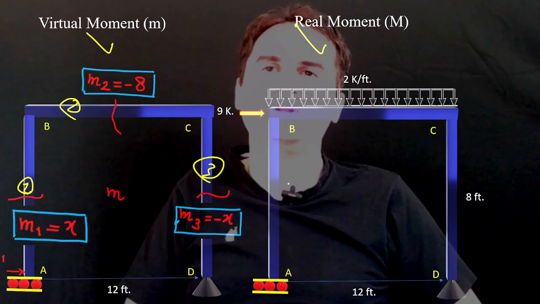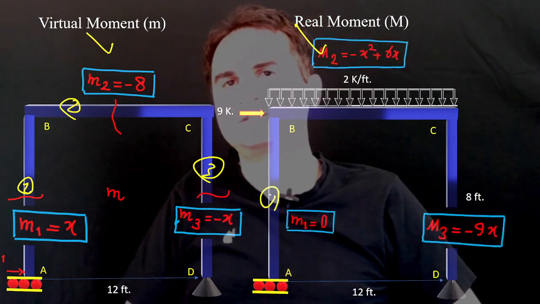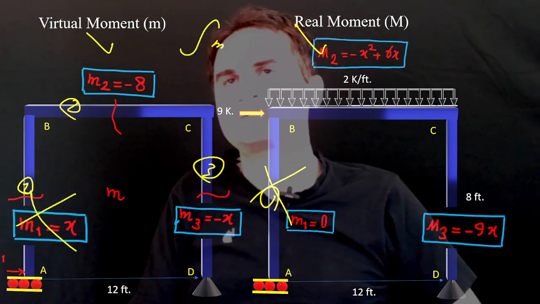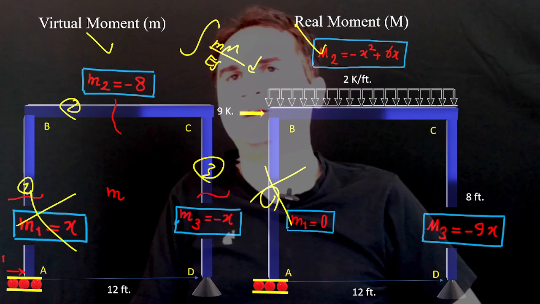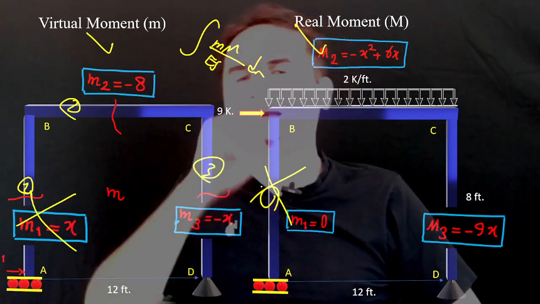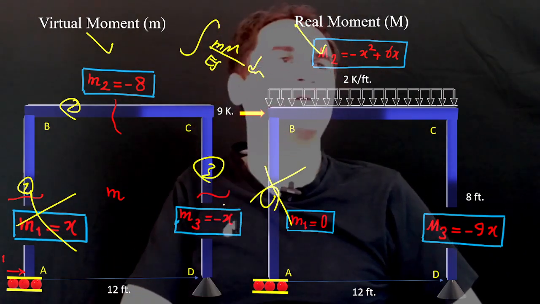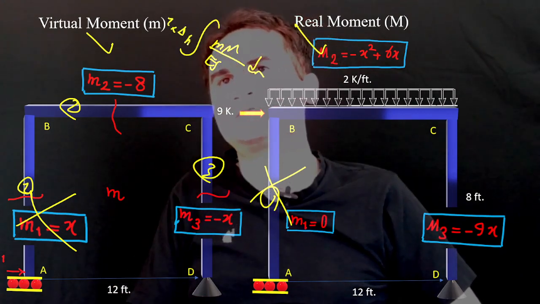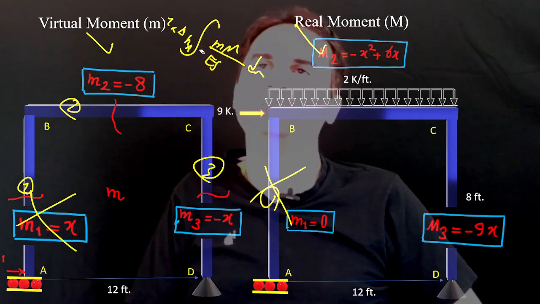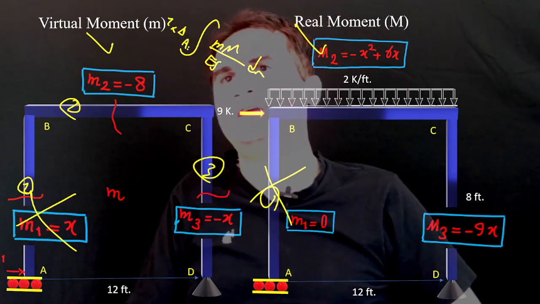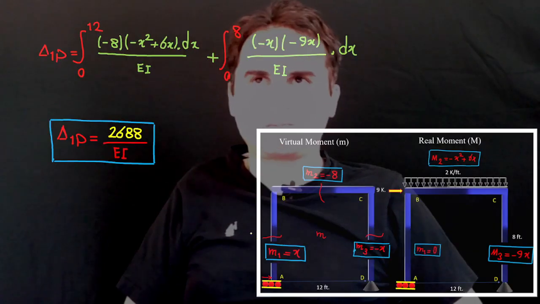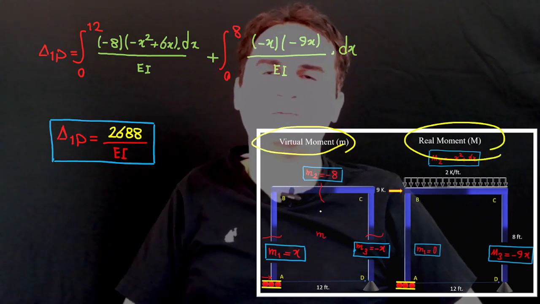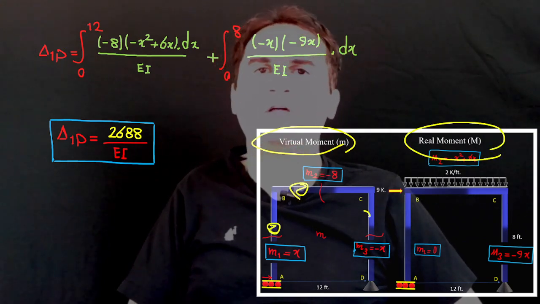And then the real moment, like we calculated at the very beginning, this is 0. So for this part, we have nothing, but by small m, capital M over EI dx, then you calculate the 1 times delta horizontal A, delta AH. If you just jot down the equation, I do recommend to have virtual moment, real moment, all the members 1, 3, 1,